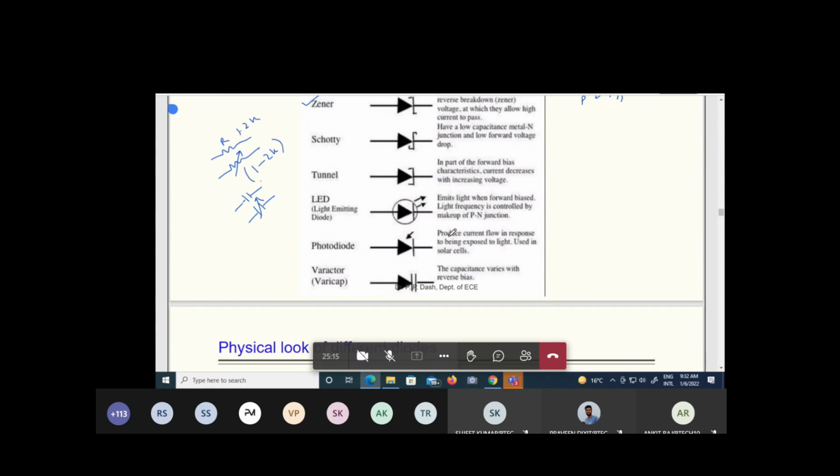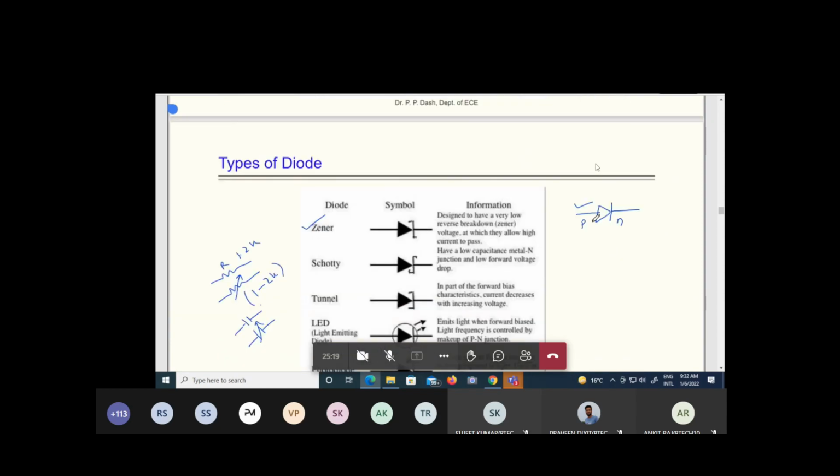So this can be used for specific operation. In general, for the scope of this course, the normal PN junction diode, also called the crystal diode, we will study its operation as a rectifier circuit, which will be discussed in detail. And in one more type of diode, the Zener diode, we will discuss how it works, how it can be used for a voltage regulator circuit, and its characteristics.